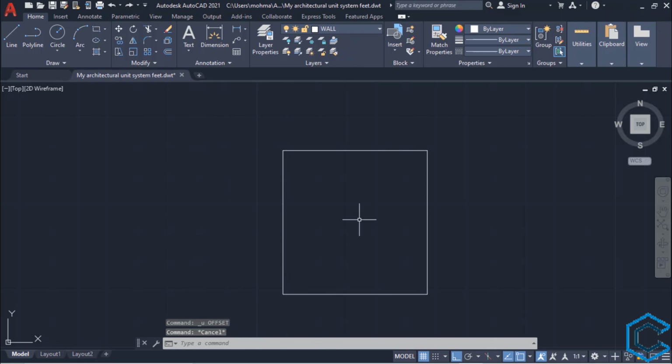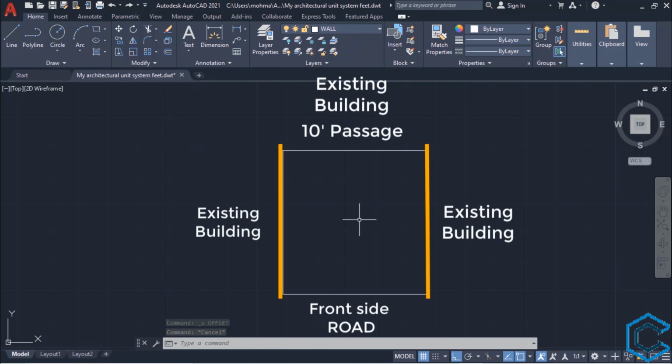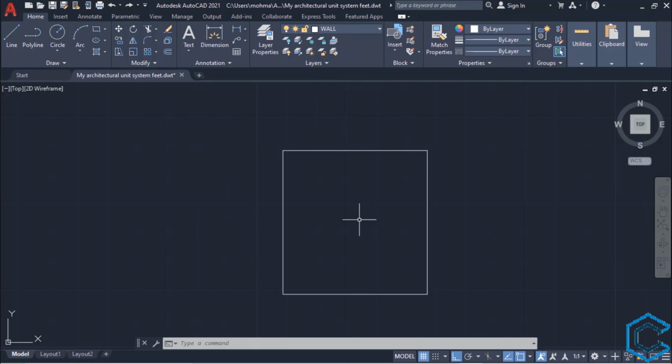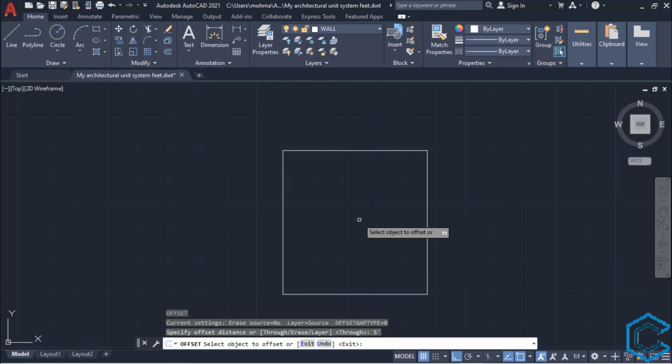We know that to the left and right of the plot we have neighbors, so we will make an offset of 5 feet so that we can provide windows to these sides. Activate offset tool, type O, enter. Give offset distance 5 feet, enter. Click on the left line like this